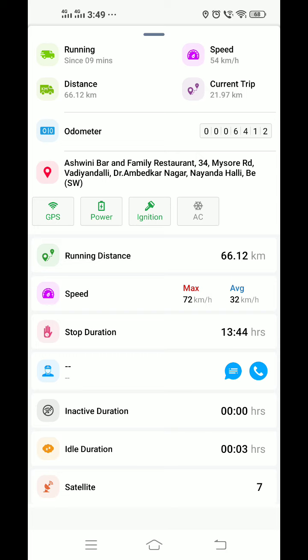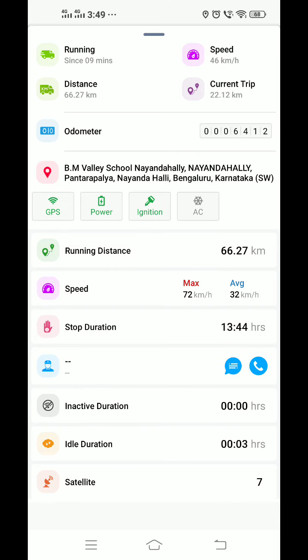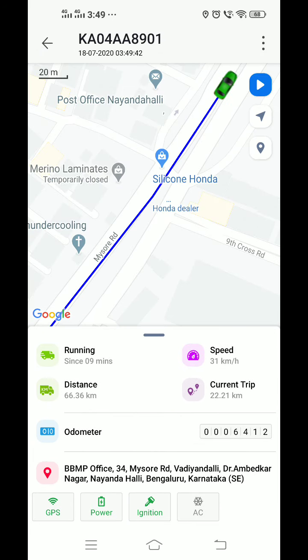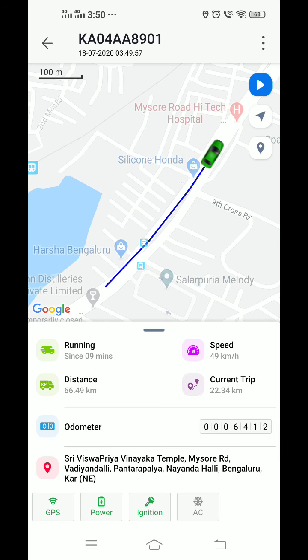So here you'll get the complete information of 2 days: how many kilometers the vehicle has been driven, speed, running, current trip, average speed and maximum speed of the vehicle, current location of the vehicle, and how many satellites the vehicle is receiving. So this is how the vehicle has been traveling.